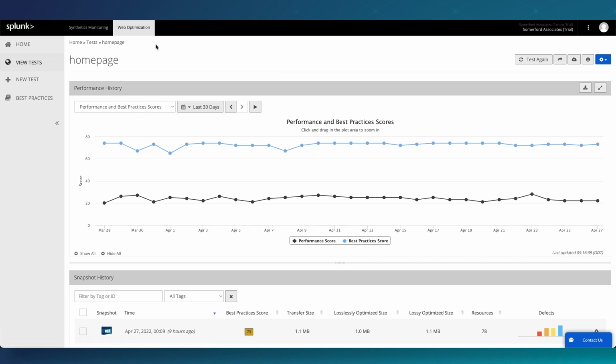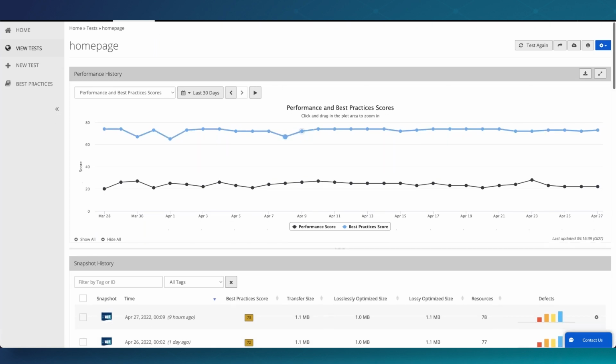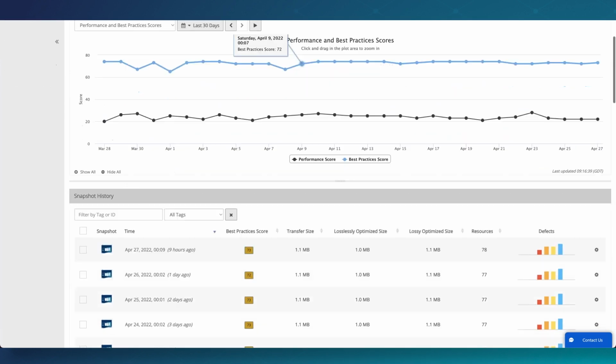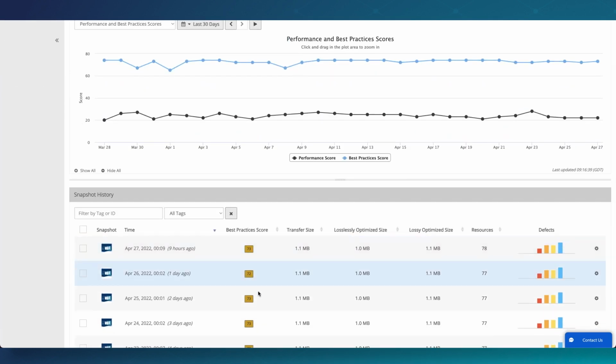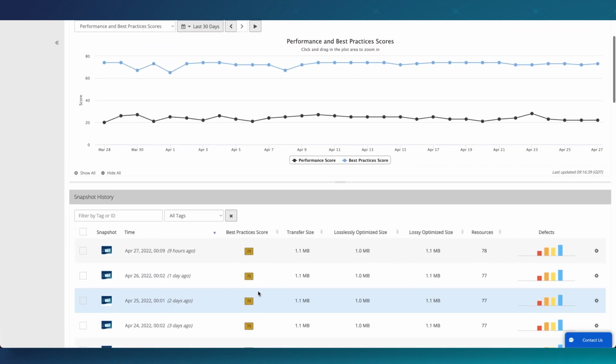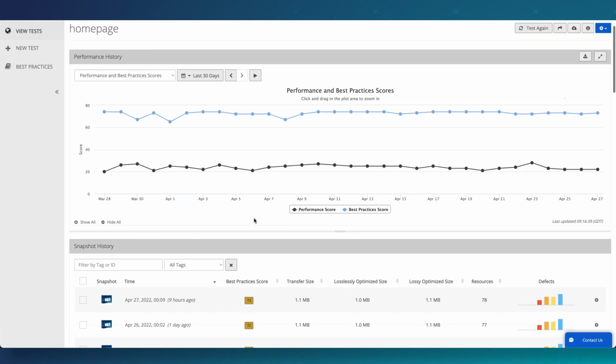The other part of it, and I'll show that in a second, is web optimization. So we've got here a daily check that we do on Somerford's website, and it's giving a best practice score based on identified best practice. A lot of that's coming from Google. If you're aware of how the Google algorithm works, one of the things it does is it promotes things that are effectively well-made. Well-made websites will be pushed up above those that it considers not to be so well-made. So this scoring is sort of based partly on that, and